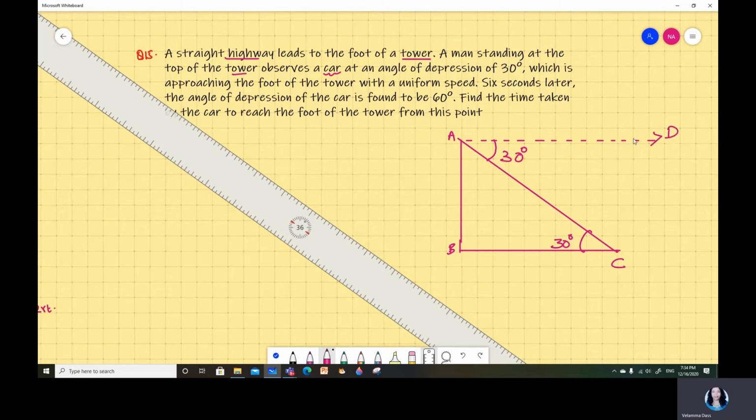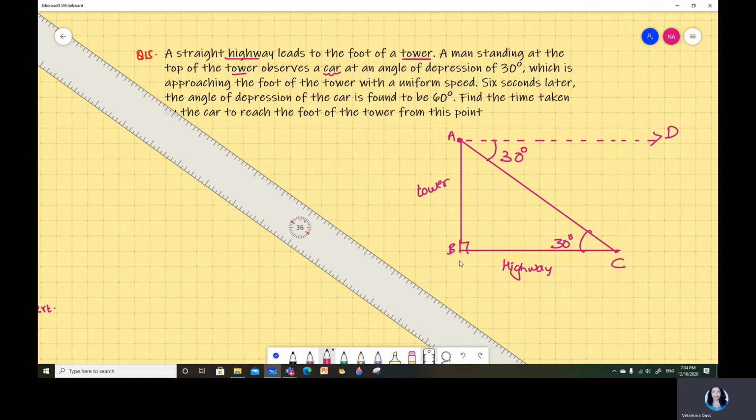So AD is the horizontal line. AC is the line of sight. So we got angle 30 degrees. This horizontal line is very, very important when you draw. So the person standing at the top A is observing the car C, angle of depression. Now what is happening? Which is approaching. Now this is a highway, actually BC is the highway. This is the tower. Here we can say this is a highway, from C it is approaching